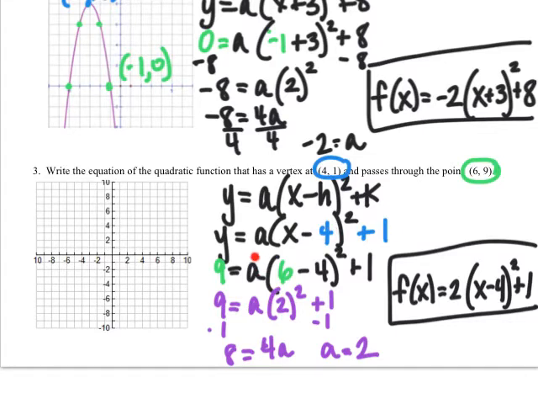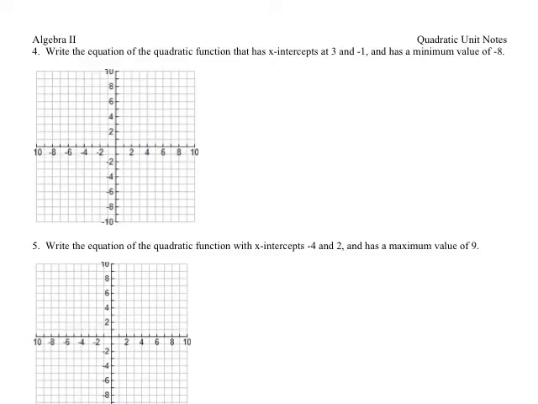And then I wanted to solve for a, so I used this other point, (6, 9), and I put that in for x and y, and I solved for a, and I got that a was 2, and then I wrote my final answer right there. So this